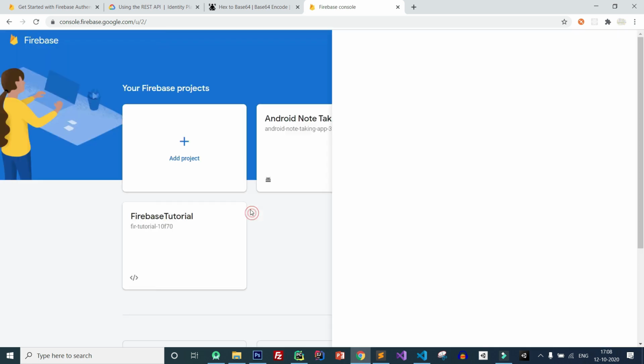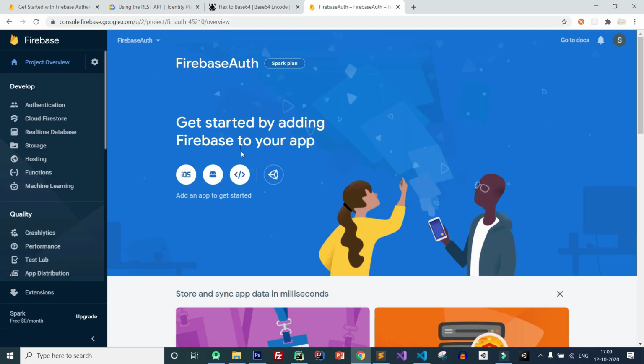So click on continue, and here we need to add app. So here we are working on Android app. Previously I showed you how you can use Firebase Auth in web, and now let's see how you can use Firebase Auth in Android app. So simply select Android,